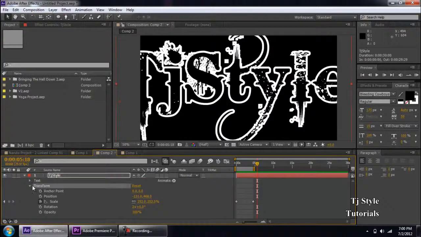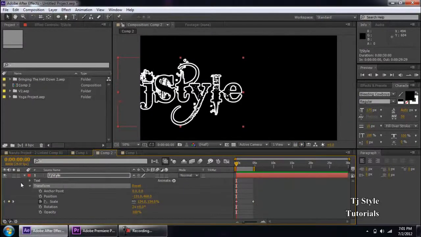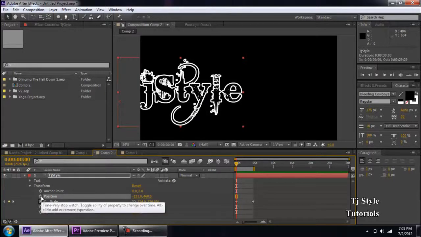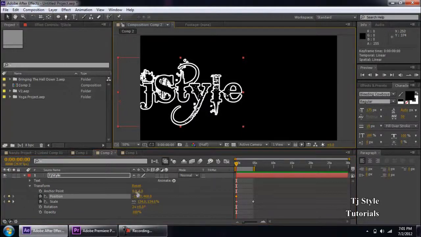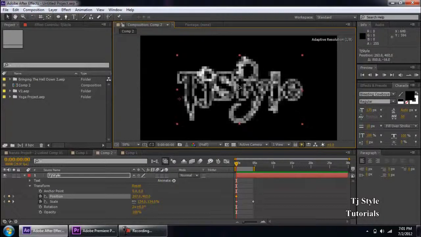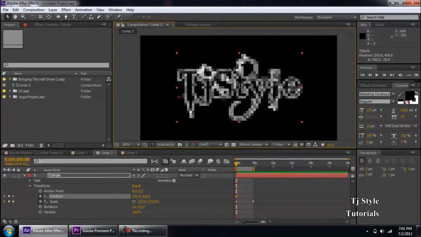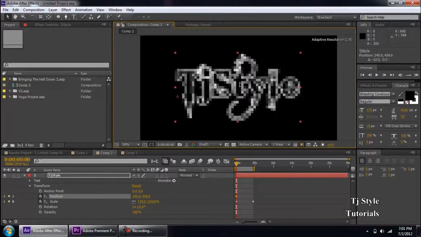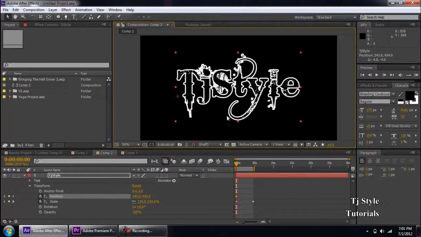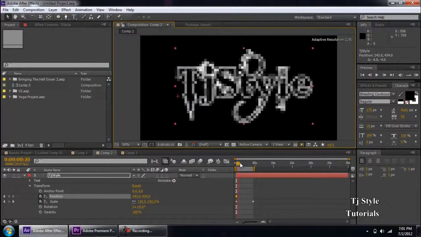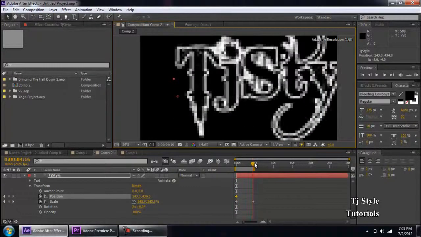So we're going to go into the transform, and I'm going to ensure that my CTI is on the first frame again, and I'm going to animate the position property. Once you click on the position property, instead of using these parameters, I'm going to freely use my mouse, and I'm going to keep this text layer, or my object, in my program monitor somewhere in the middle. Now if you see, guys, when it gets bigger,